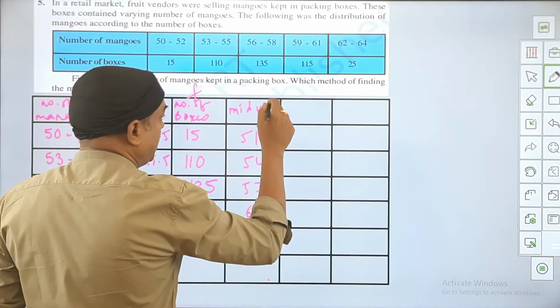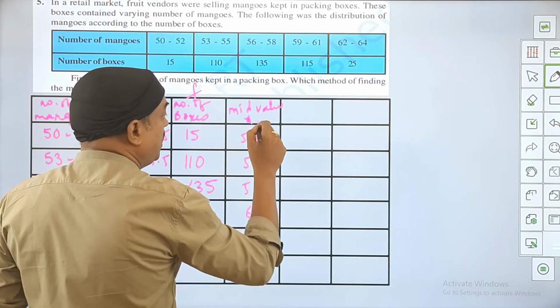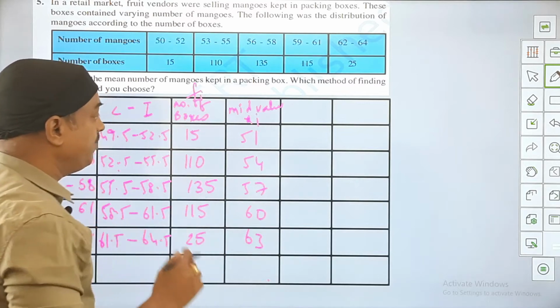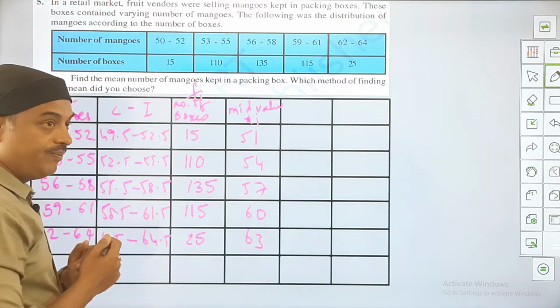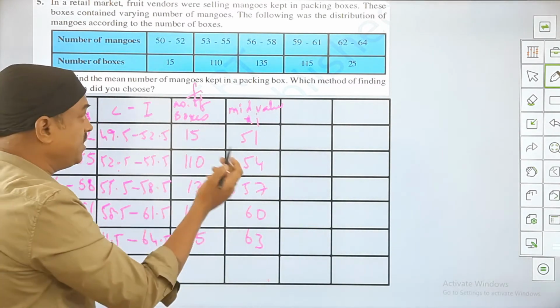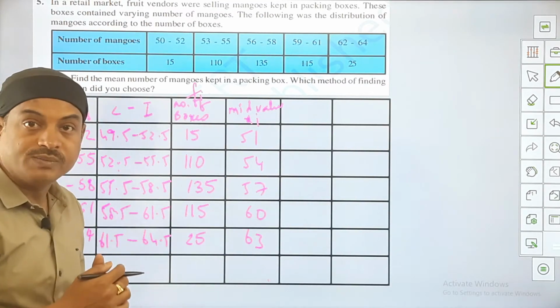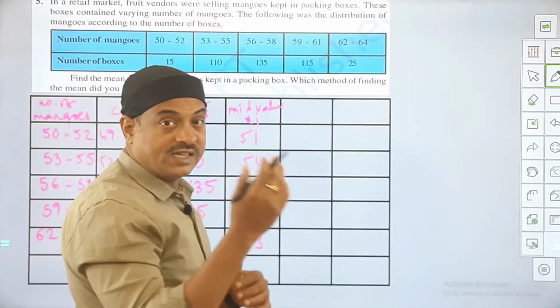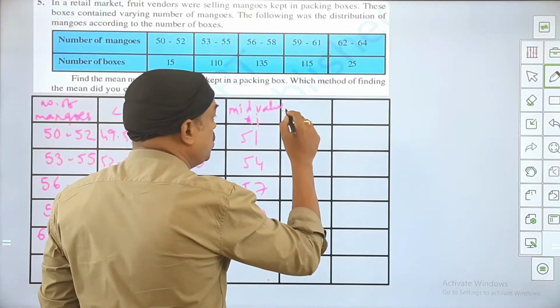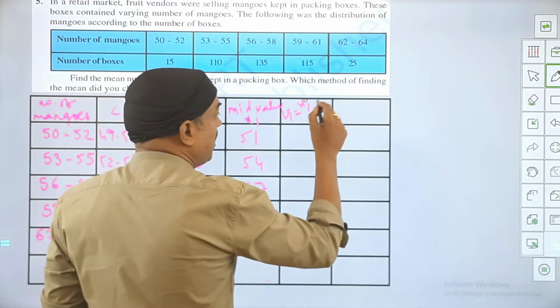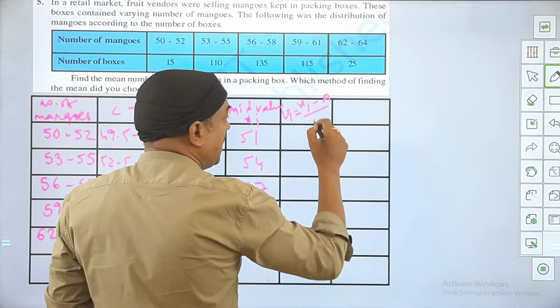We all know that, right? So mid value is called as what? Xi. This is Fi. Now further, I see that the mid values are big. So if I wish to go for direct method, frequency into mid value can give me large values, big values. So what I do, I'll go for step deviation method. I'll take Ui here. What is Ui, friends? It's (Xi minus A) by H.